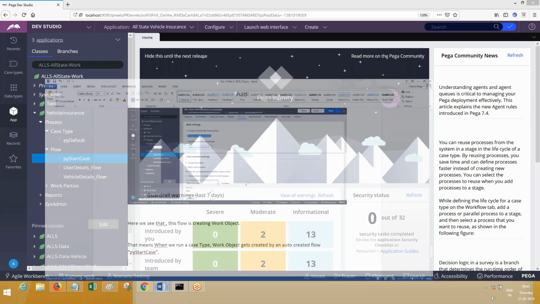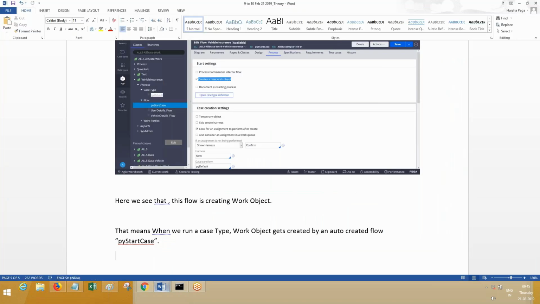It has created a class with the name similar to what we have given, vehicle insurance, and it has created a flow called PY start case apart from the processes which we have added in stages. It has created another flow called PY start case, which is responsible for creating work object.